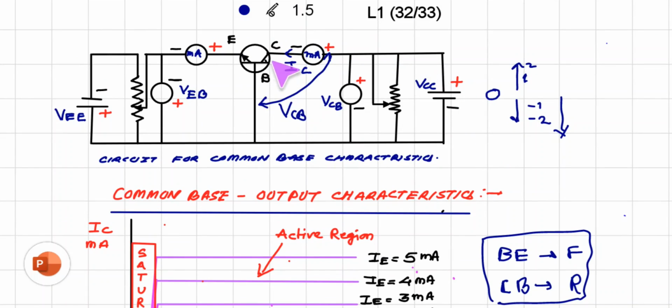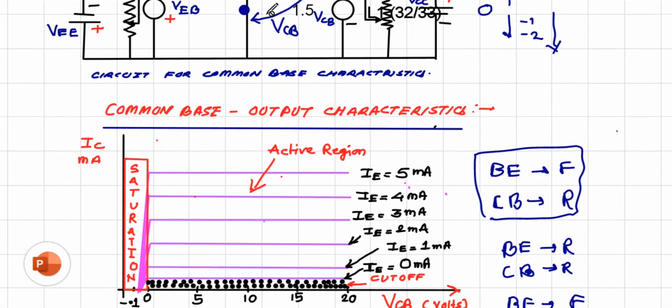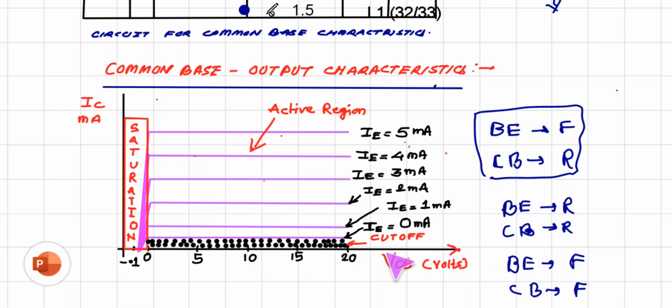So this will also be forward bias, and this will also be forward bias. So a large amount of current will flow through the circuit, and that region is called the saturation region. Remember, on the VCB curve, the voltage to the left of 0 volt, the total region is called the saturation region, and we cannot use the transistor as an amplifier in this saturation region. You remember, that is the saturation region.